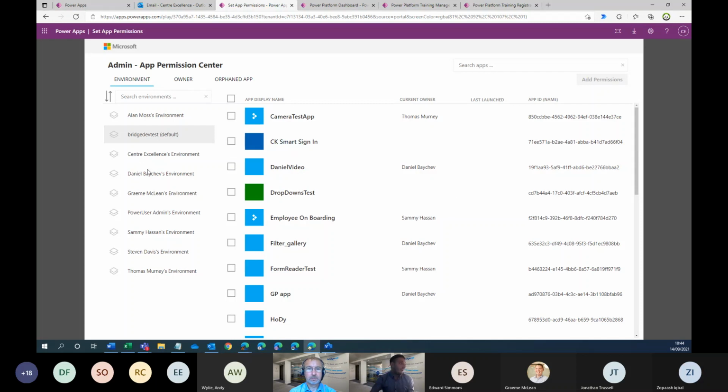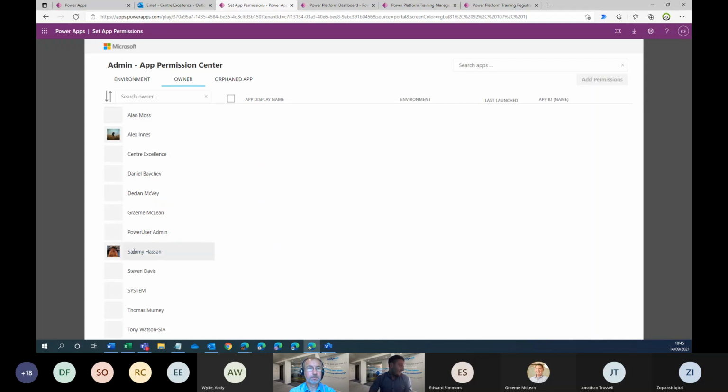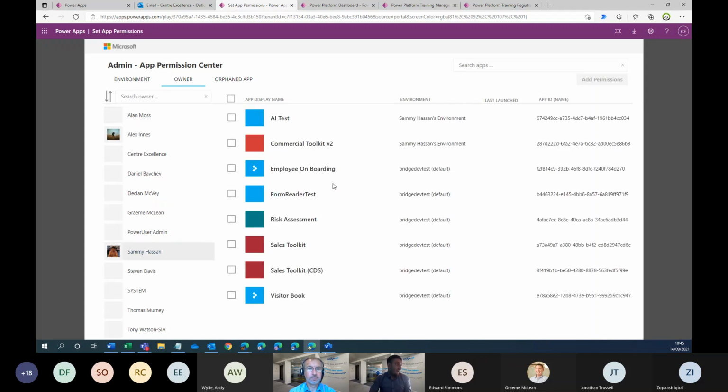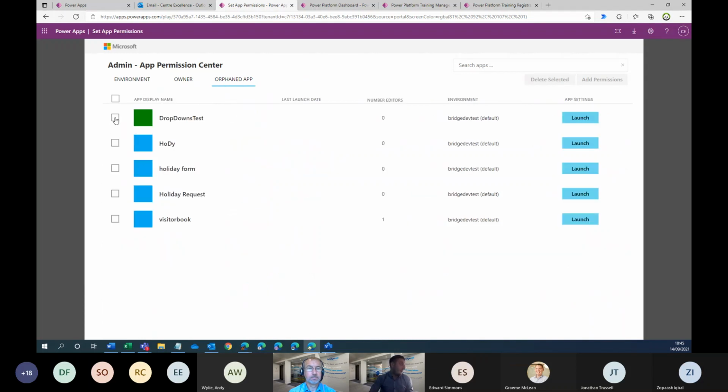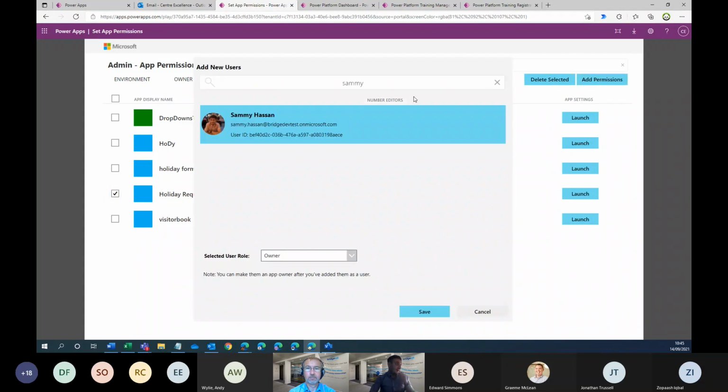So we've been building across all the developer ones and also on the default one as well, purely for test purposes. You can also break it down by owner. So again, if I click on my own name, you can see some of the tools that we've been developing. Or again, if I click on the orphaned ones, what I might want to do is just reassign something to myself. So if I just click on it and add the permissions, you can see my name's already showing up there. So if I just hit save,